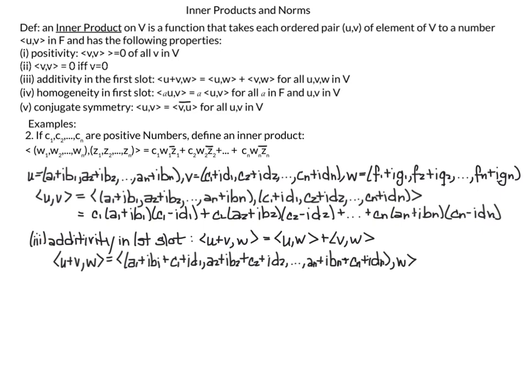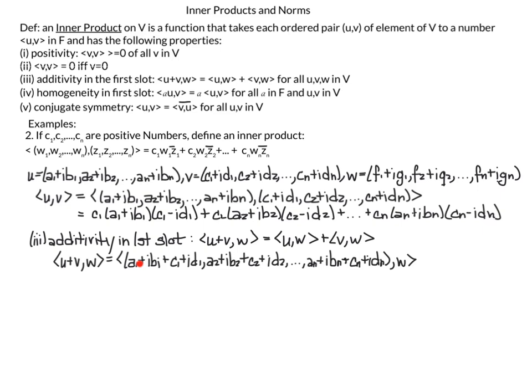The next property I will demonstrate is additivity in the first slot. So I'm going to show the inner product of u plus v with w is equal to the inner product of u with w plus the inner product of v with w. I'm going to start again with the left-hand side, looking at the inner product of u plus v with w. So here I have u plus v,